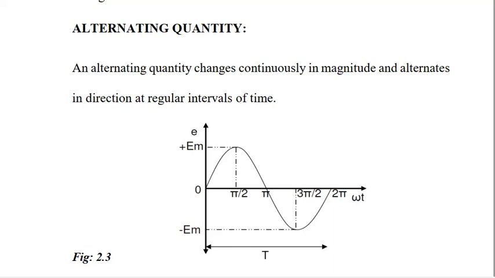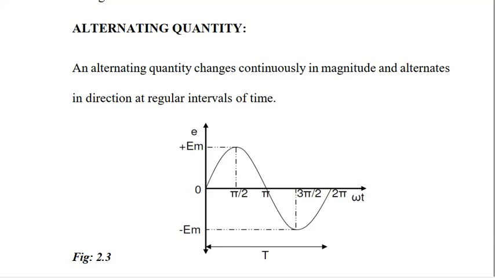You know the pi value is nothing but 180 degrees, right? So pi by 2 is nothing but 90. Sine 90 is equal to 1, and that will be multiplied with your EM. So EM sine omega t, right? Whatever EM is available, that is what I may get. If it is 0, then at time 0, 0 multiplied with your EM. EM has some value, for example take 5. 5 multiplied by 0 is 0.